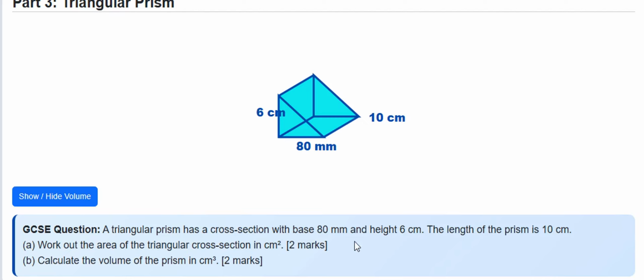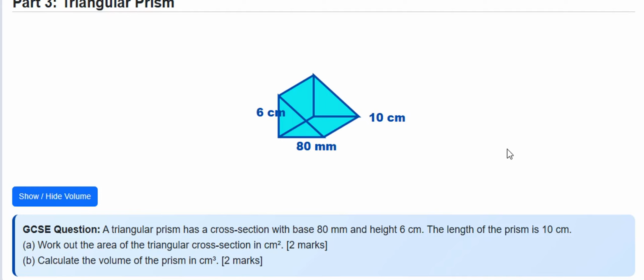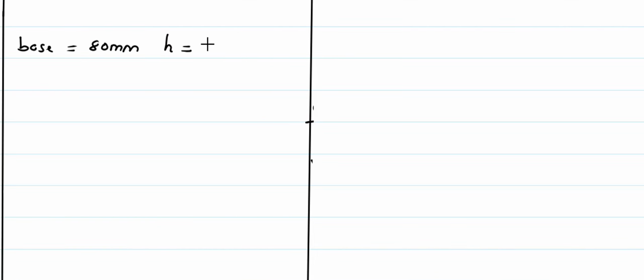Here we are given the base is 8 millimeter, then the height is 6 centimeters. So first of all, I can say base is equivalent to 8 millimeter. Then the height, let me just call it h, is 6 centimeters. Then the cross section area should come from the area of that triangle, which we said area of a triangle here is given by half